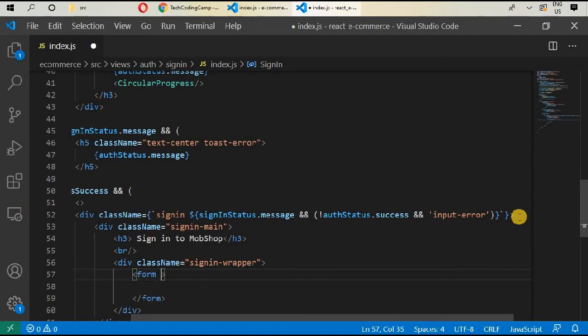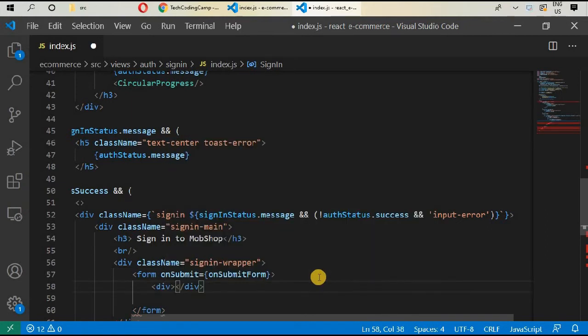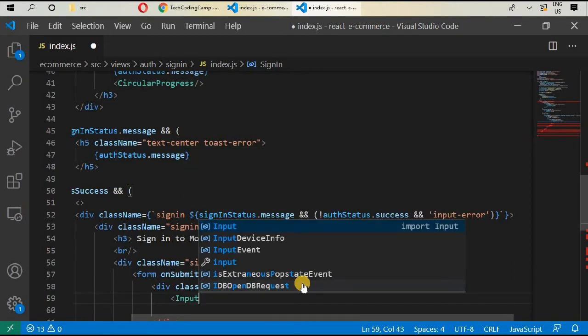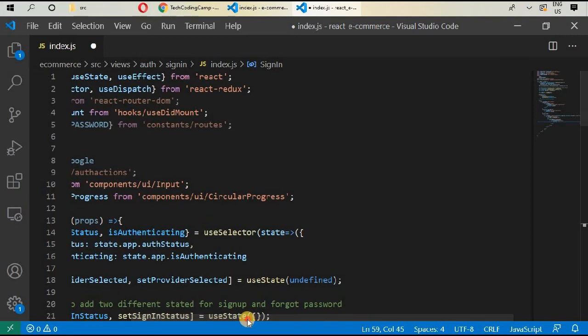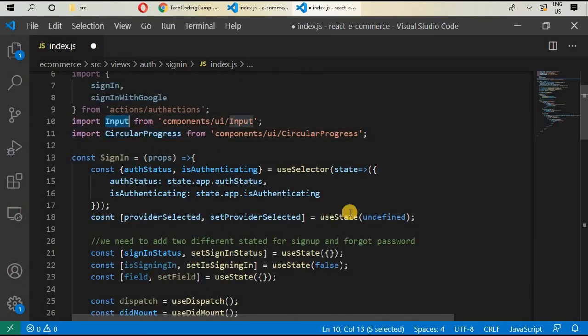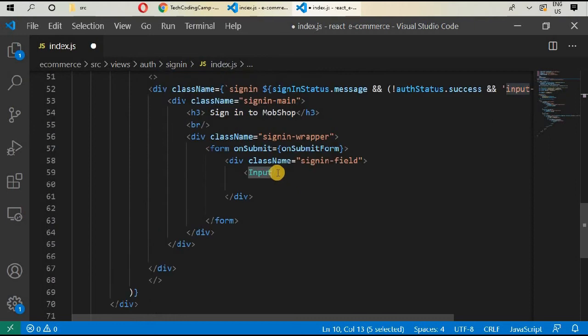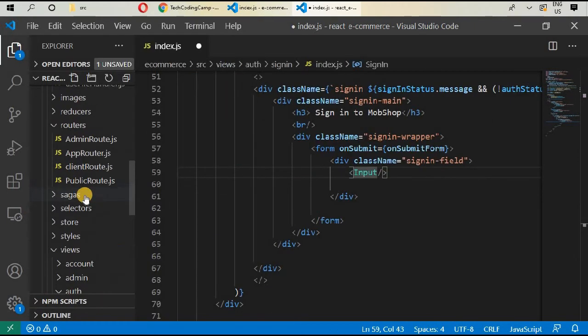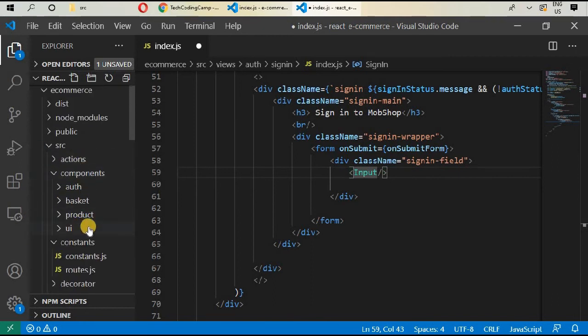And create on submit. So this is the event, submit form, and this is the function onSubmitForm. We will create this function just after our UI elements, and then create another div, class name sign in, and create the first input field, input. If we notice, it's coming from our form validation function. This is a very reusable file, and this is the component. And if we go in here, in components, UI and input,